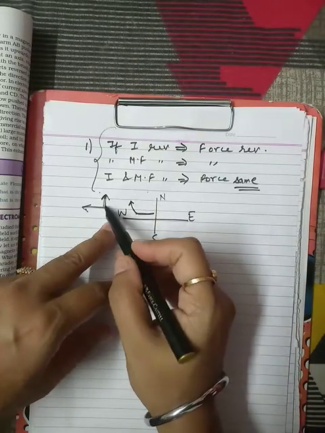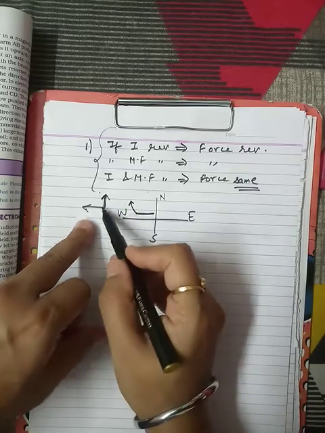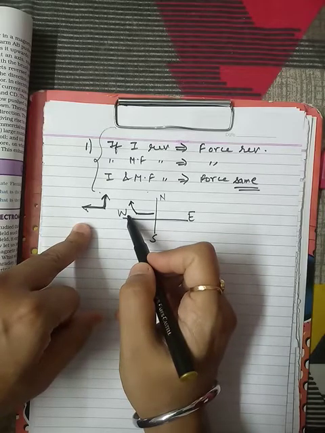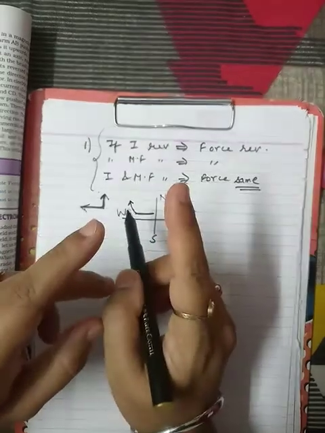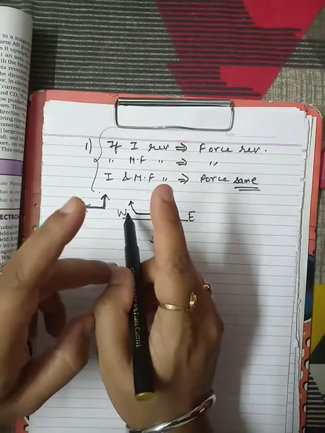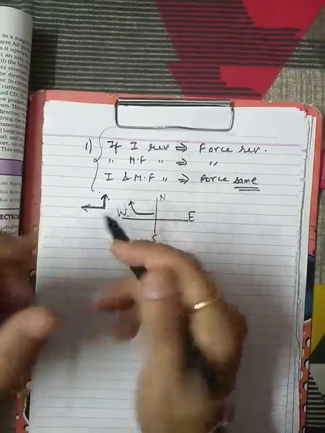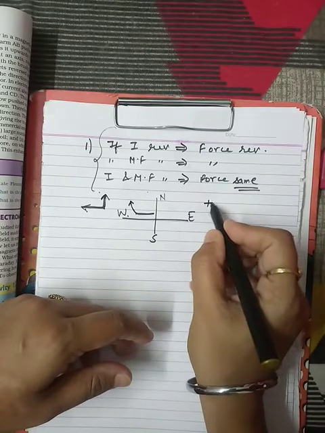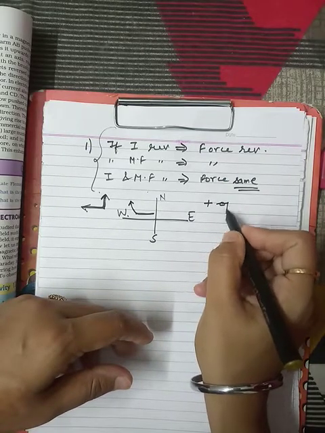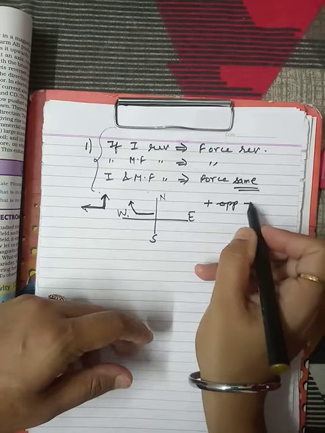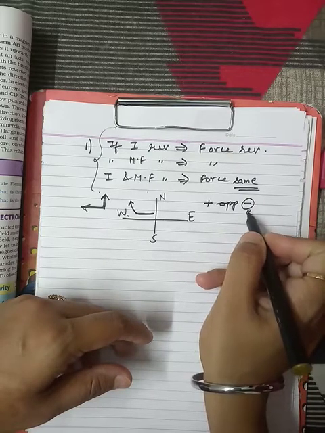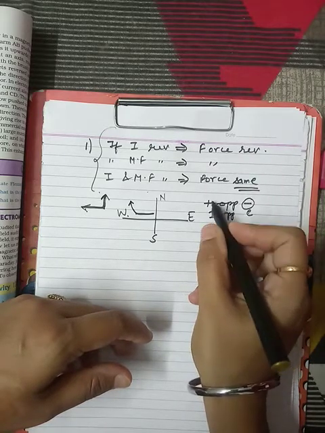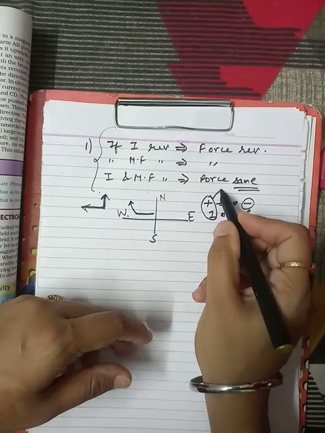There is a force, that is why the object is moving towards this, and this is the projection direction, that is towards the west. It is directed, it is moving. So what is that moving particle? Alpha particle, that is a positively charged particle. So the current direction and the positively charged particle direction always remain the same, because a positively charged particle goes opposite to the negatively charged particle, and the negatively charged particle, that is the electron, always moves opposite to the direction of current, that is I. So the positively charged particle and I are moving in the same direction.